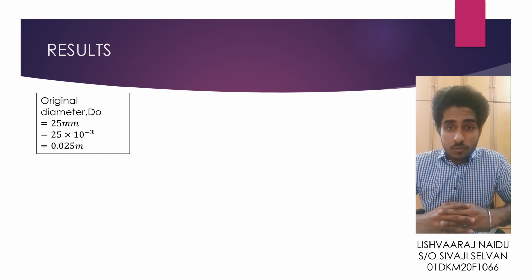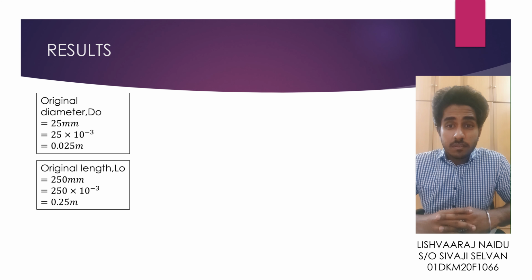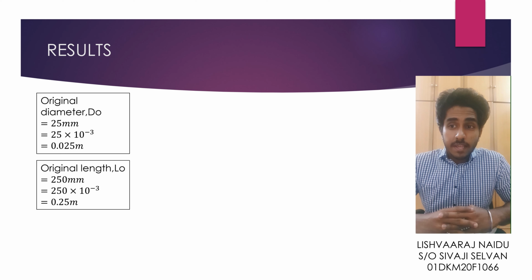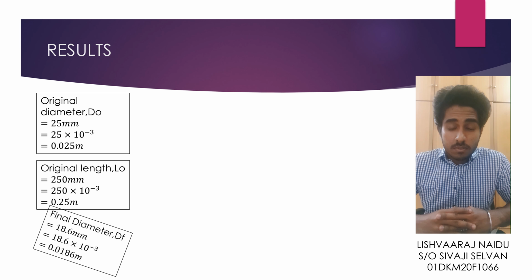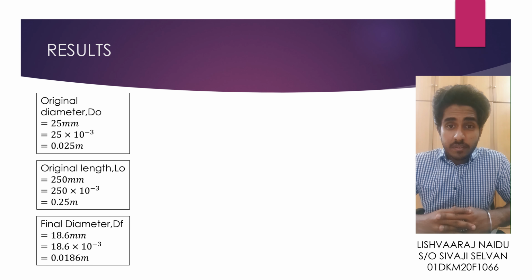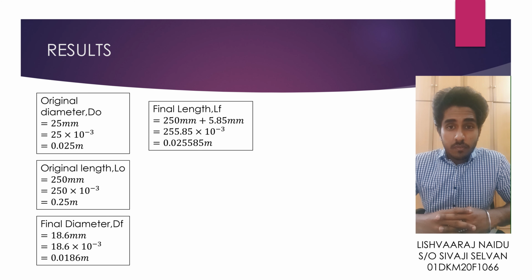So now I am going to talk about the results of this experiment. The first thing is the original diameter, which is 25 mm and is equal to 0.025 meter. Second is the original length, which is 250 mm, also known as 0.25 meter. Next is the final diameter, which is 18.6 mm, also known as 0.0186 meter. And then the final length, which is 250 mm plus 5.85 mm, which is equal to